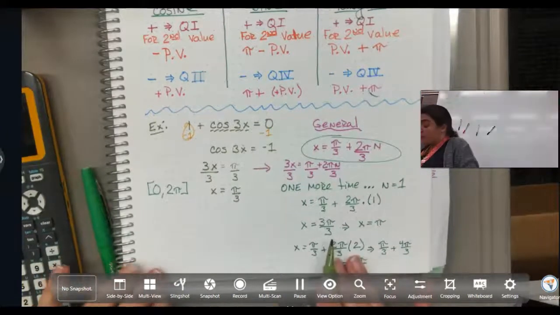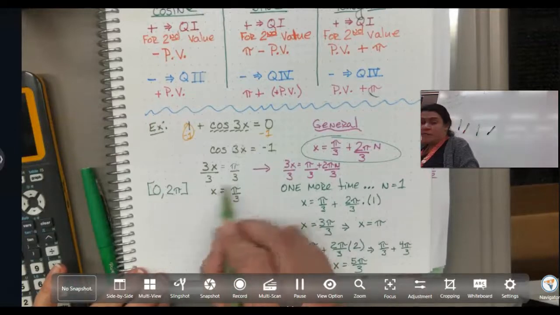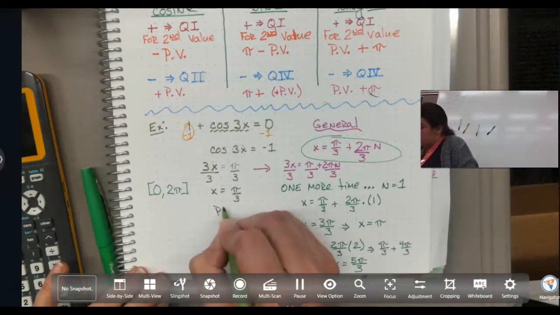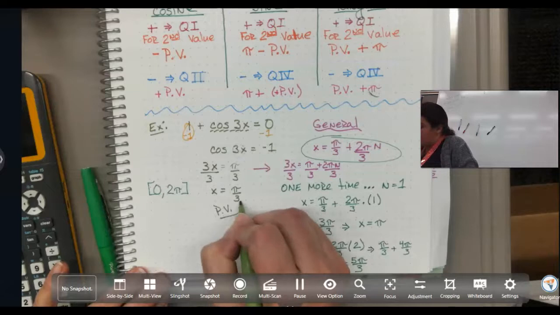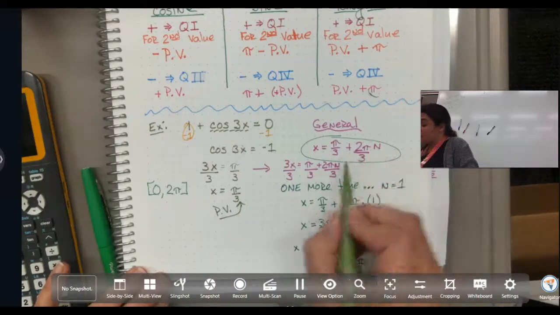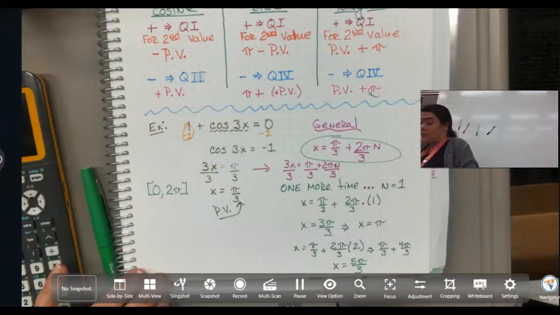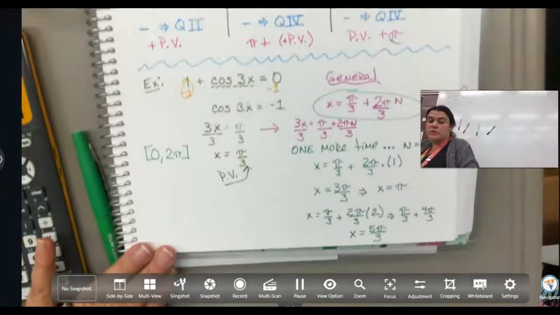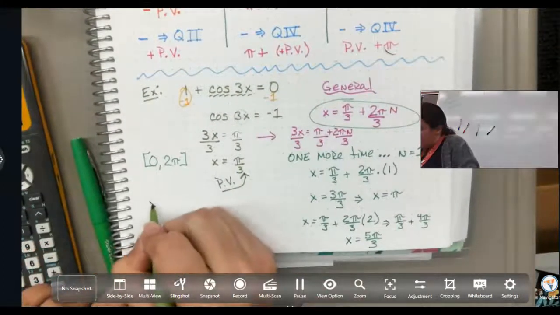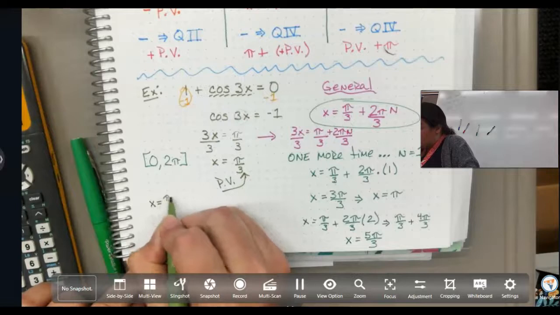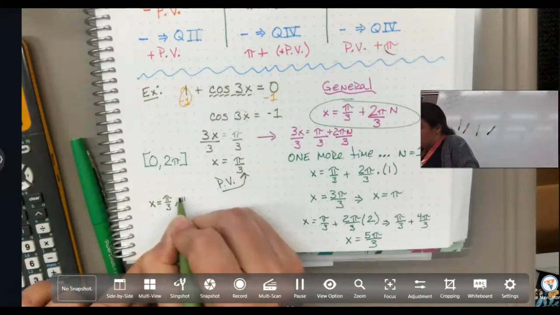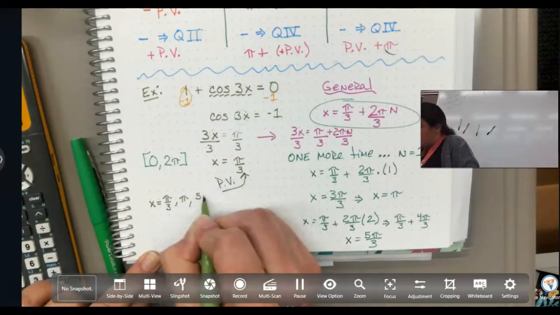So for my principal solution, I would get x equals pi over 3. This is my principal value right here. For my general solution, I get pi over 3 plus 2 pi over 3n. For all the solutions between 0 and 2 pi, I would have to list x equals pi over 3, pi, 5 pi over 3,